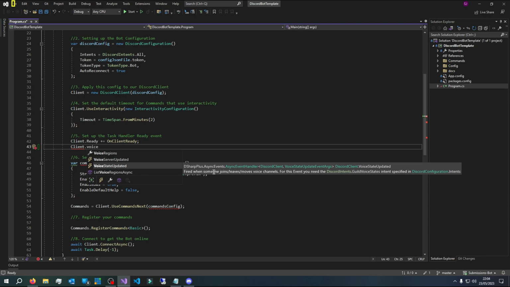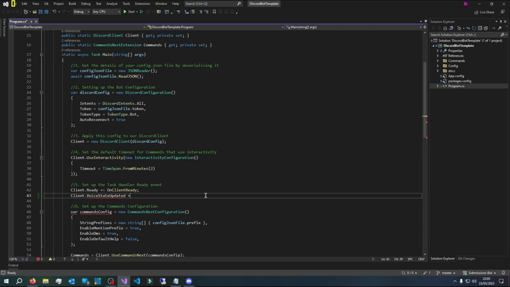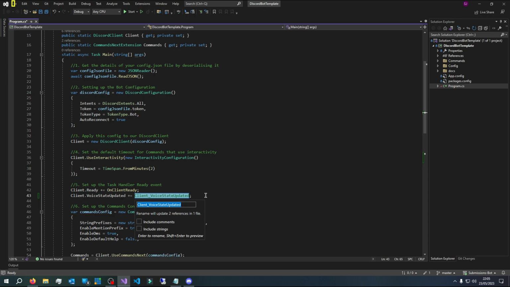So this fires when someone joins, leaves, and moves voice channel. So it's all in one. There's no separate event handler for joining, leaving. It's pretty much all in one. We'll plus minus subscribe to this event, and let's just name this the voice channel handler,